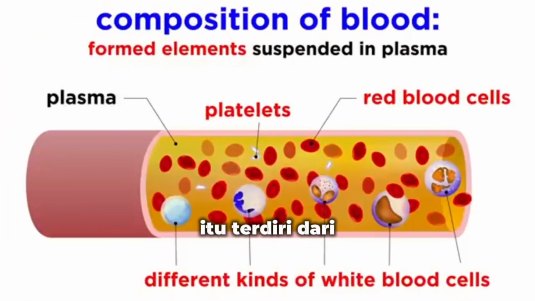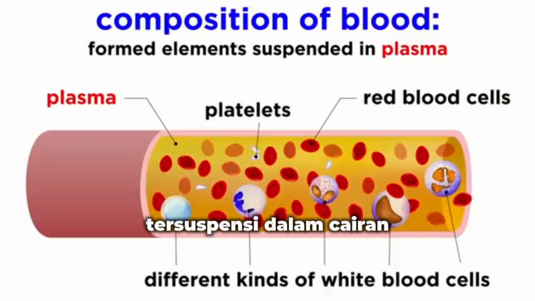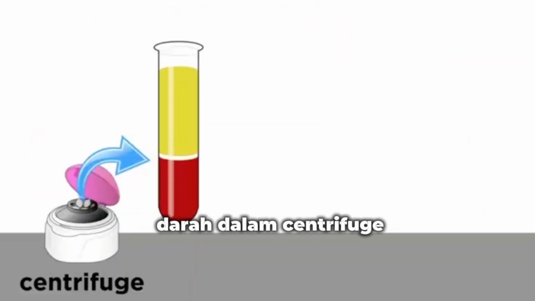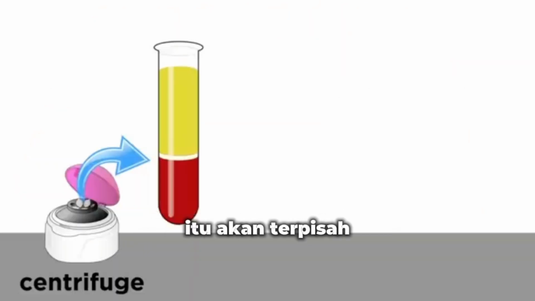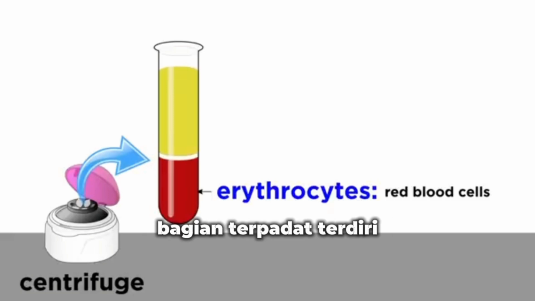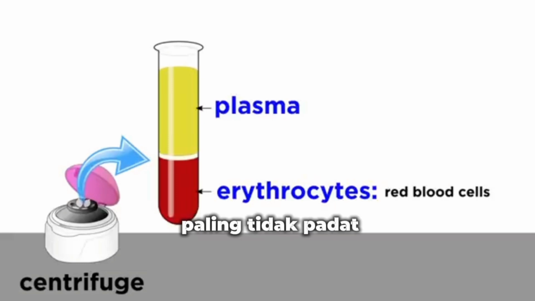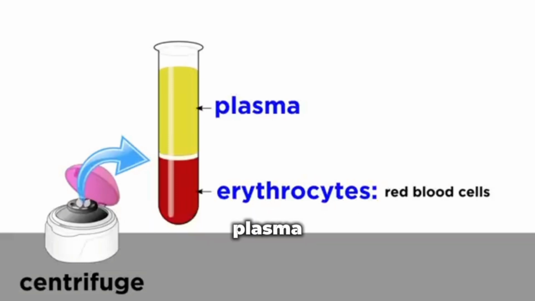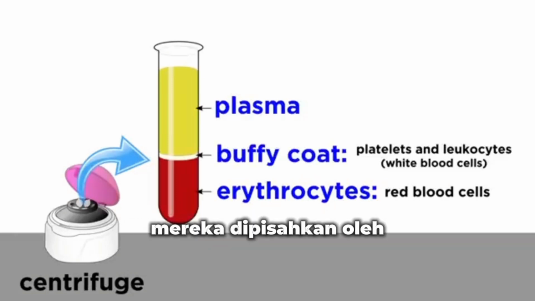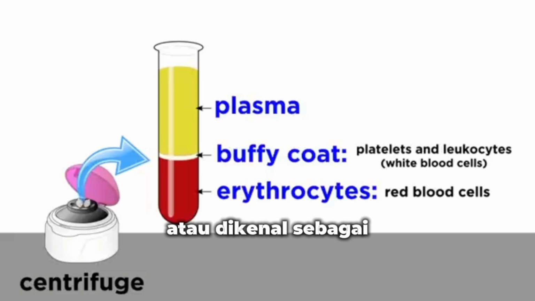It is comprised of formed elements, which are blood cells suspended in a fluid called plasma. If we place blood in a centrifuge, it will separate into its components. The densest section is comprised of erythrocytes, or red blood cells, and the least dense section will be the yellowish plasma. They are separated by the Buffy coat, a white layer containing platelets, as well as leukocytes, otherwise known as